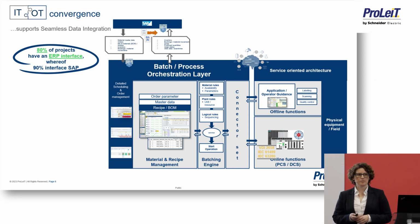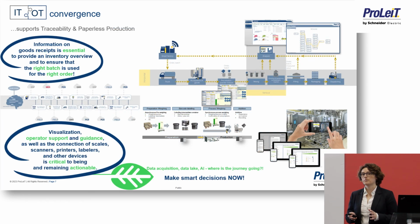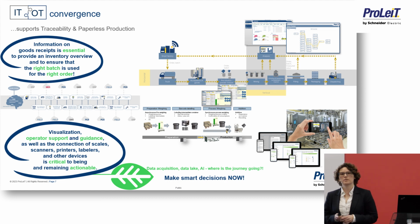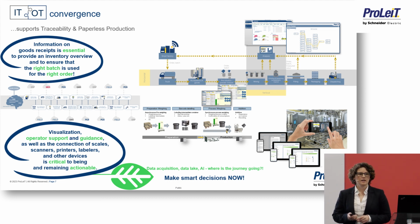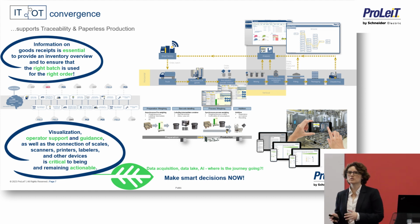And this should end up in the traceability area, and invest in a real paperless production. Because if you have paperless production, you have the information from the goods receipt up to the end to ensure that you're using the right things at the right time, the right raw material batch at the right end, if you provide the information. And with visualization of where the process is, to support the operator to take the right